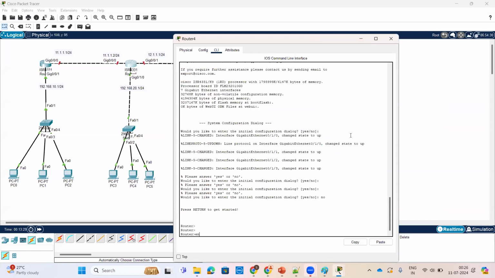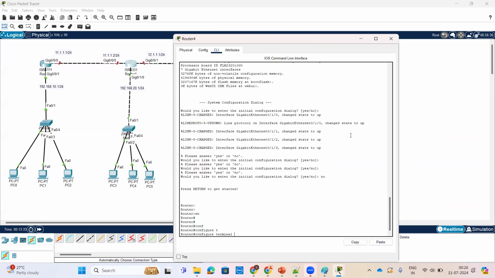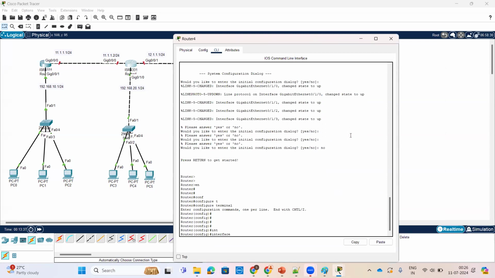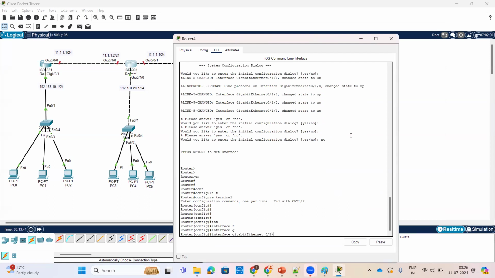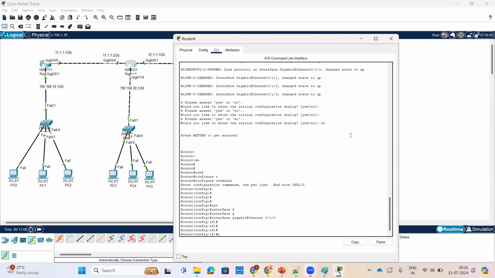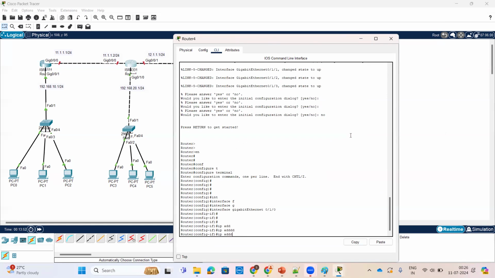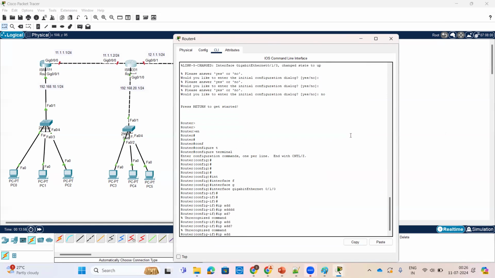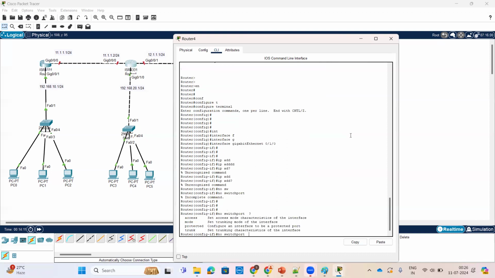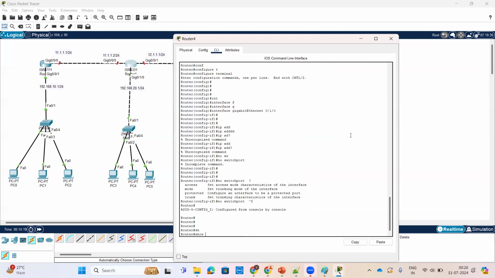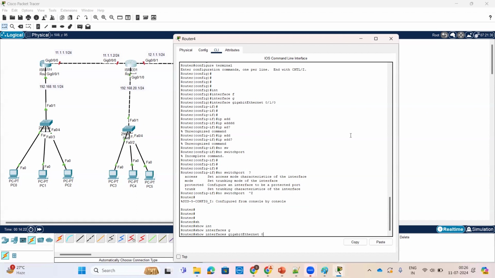No. Enable. Then go to the configuration terminal and interface fast, sorry, gigabit 0 by 1 by 0. LAN interface and IP address is interface gigabit 1 by